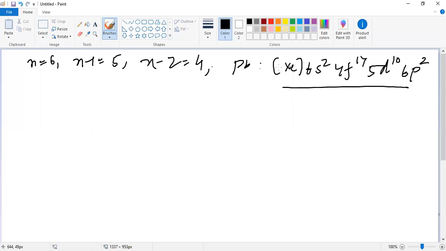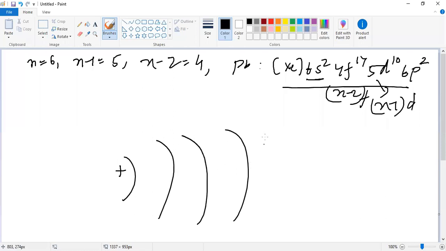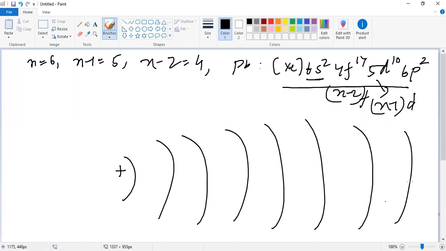After filling 2 electrons in 6s, 14 electrons go into the n minus 2 f orbital and 10 electrons go into the n minus 1 d orbital. Do you understand this or not? Not yet, I need the answer. Understand, sir. Once again, please. Do you understand it or not? Understand, sir. Yes, a couple of people are saying yes, what about the others? Did everyone understand or not?